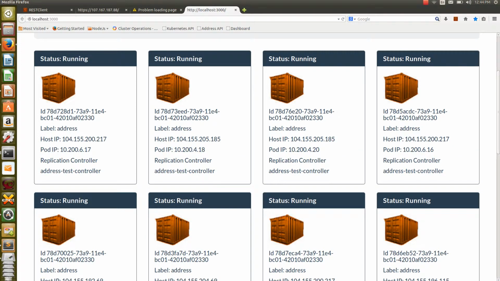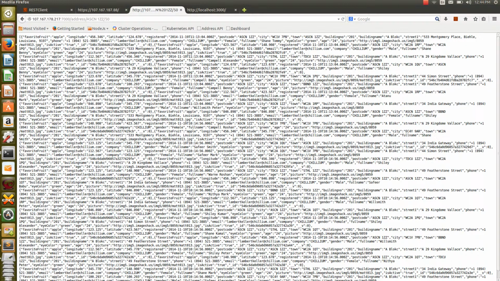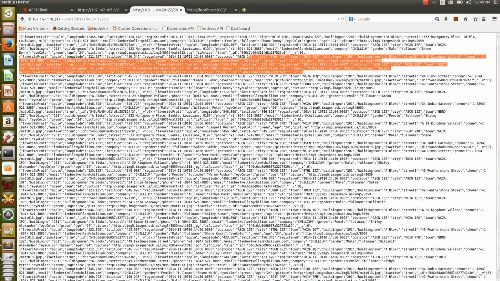Now whatever the problem was that was happening, I am going to hit it back to see whether we are able to get the data. So we are able to get the data. This is awesome, isn't it? So according to that, you can scale up, scale down in a minute, at any point of time. And it will also make sure it's doing rolling updates, so it will not bring everything down at a time. It will roll over the things, and it will keep you safe.